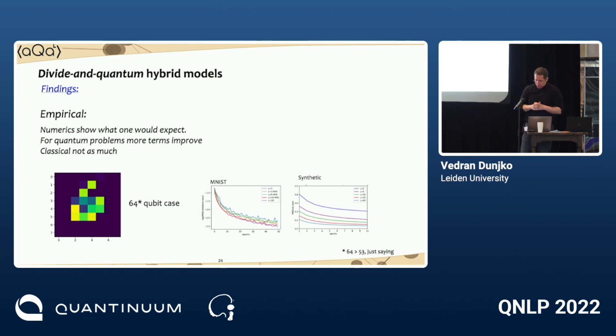We also try to train models which come from a large circuit. Now, in this case, it's no longer 64 qubits that we're simulating. I think it was something like 20 qubits, but then we chopped it up. And we see a nice cascade. The fewer terms we keep, the worse the performance. So this is error. This bottom line keeps 40 terms. The top line keeps only one term. And we get the kind of performance that we would expect. Like if your model is quantum, then you need to keep a lot of terms. If your model is not quantum, like MNIST, then in fact the number of terms you kept was essentially irrelevant for